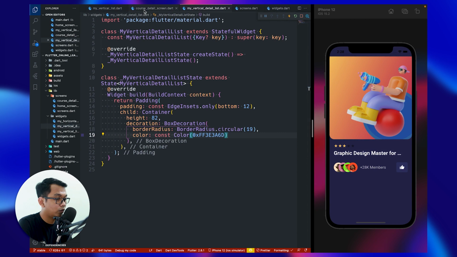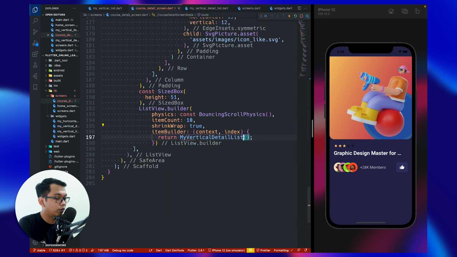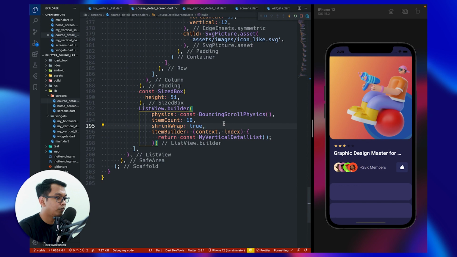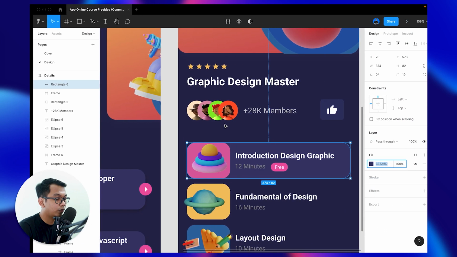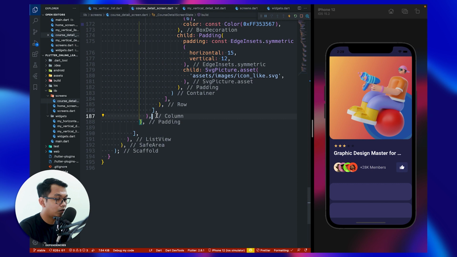And go back to course detail. Let's call MyVerticalList. And now we see it looks like this. And I think we have to give some padding. So I think we have to move this. How about here?